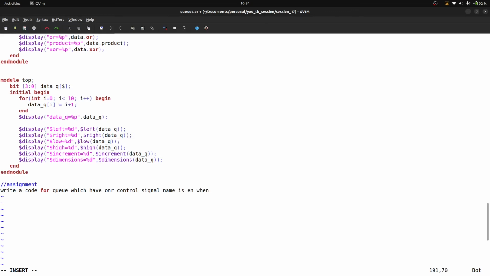When enable is high, the Q should work as FIFO. When enable is low, then Q should work as LIFO. Okay.